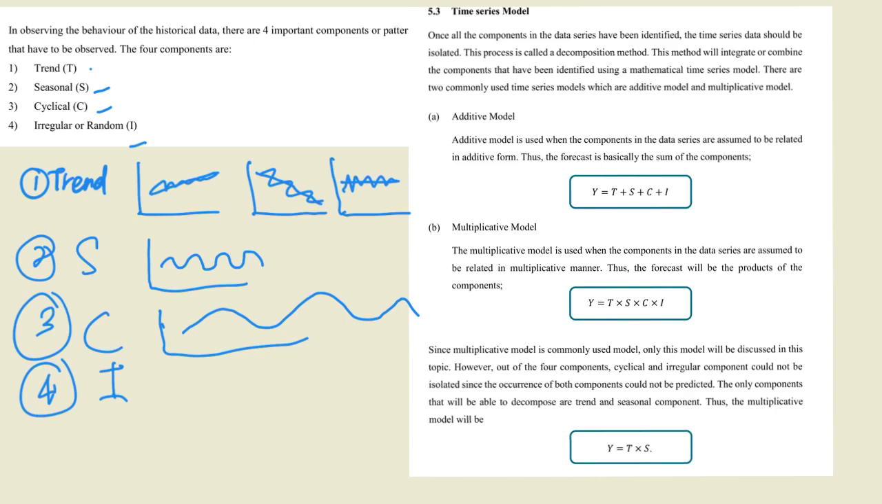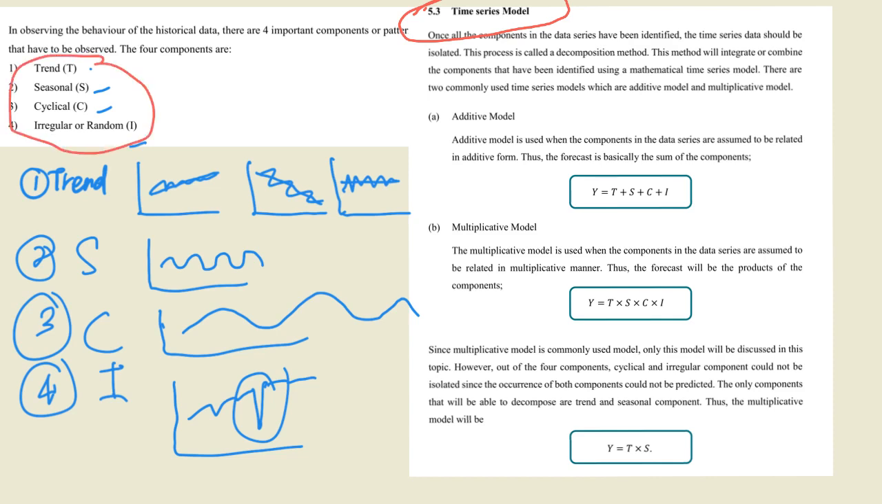Since we cannot predict the irregular component, we don't know what the graph will look like. Maybe it's going to be like this, with a sudden drop in the graph. So this is the irregular pattern or random component. So in order for you to forecast using time series data, you need to know these 4 different